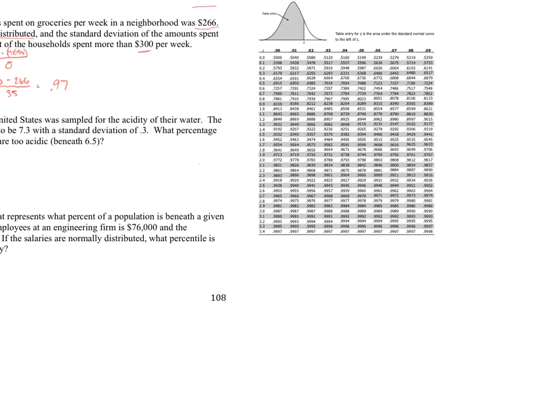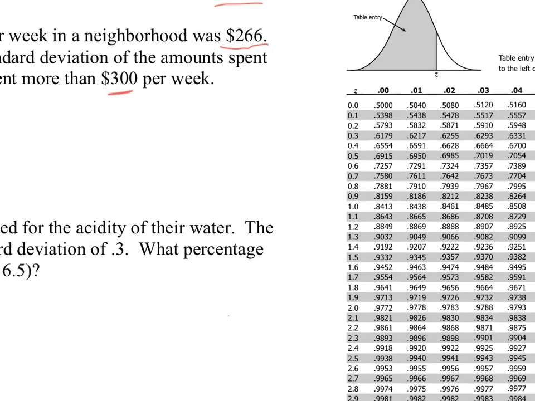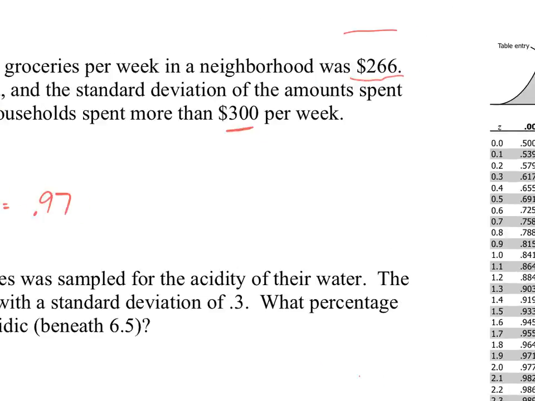All right, let's take a look at this table. We're looking for 0.97. So 0.97 is going to be, here's 0.9, 0.9, 1, 2, 3, 4, 5, 6, 7. There's 0.97. So if you got a 0.97 as your z-score, you scored higher or spent more money on groceries in this case than 0.8340 or 83.4% of the people. All right. So we're going to take that number, that 83.4%,